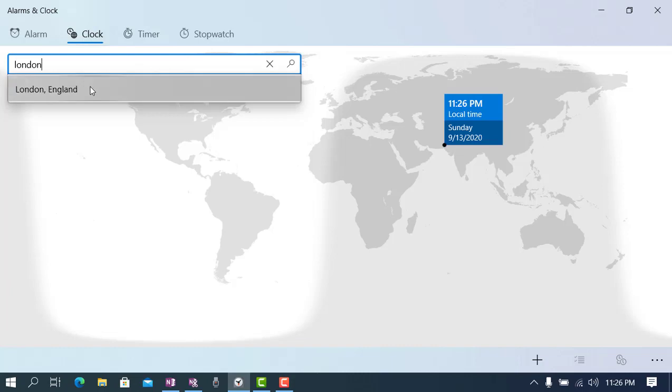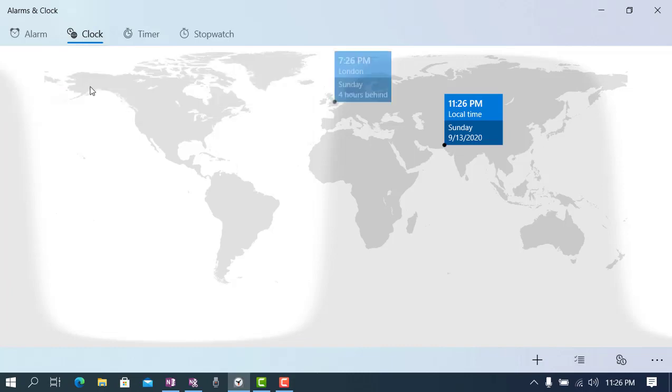As it pops up, we click on that, and another time is pinned on our map. You can see that we are 4 hours behind London, and London time is 7:27 p.m. and our time is 11:25.